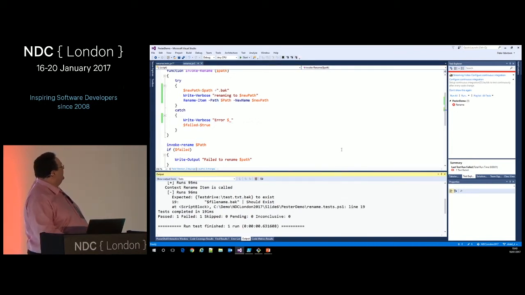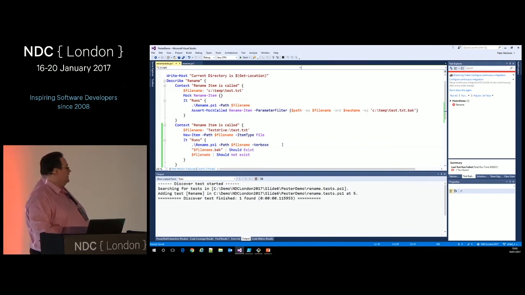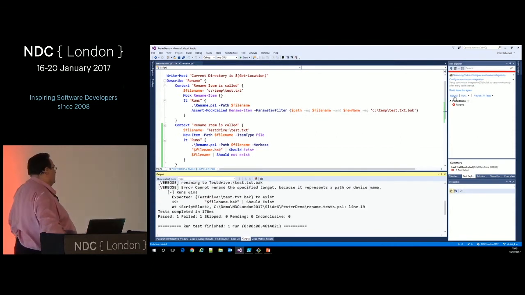Back to my test. And one thing I need to do on this, on the end of here, I actually need to put a -Verbose, because otherwise I'm not going to see anything. And then if I run all the tests, well, that's better. And I get an error which says, cannot rename specified target because it represents a path or